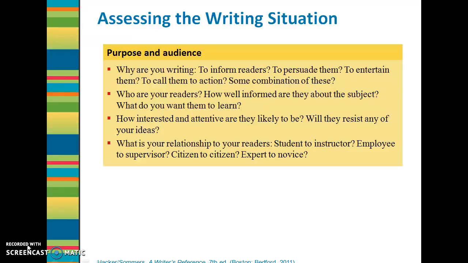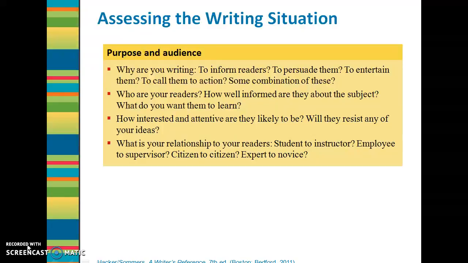And that doesn't mean angry necessarily. It just means that they are at the other end of the spectrum when it comes to agreeing with you. Maybe they are a reader audience that totally disagrees with you. Well, you have to know how to approach that group of people. You would approach fence straddlers a little differently. Maybe they are on the verge of making a decision, and the way that you come across is extremely important. Those are some things that you need to keep in mind.